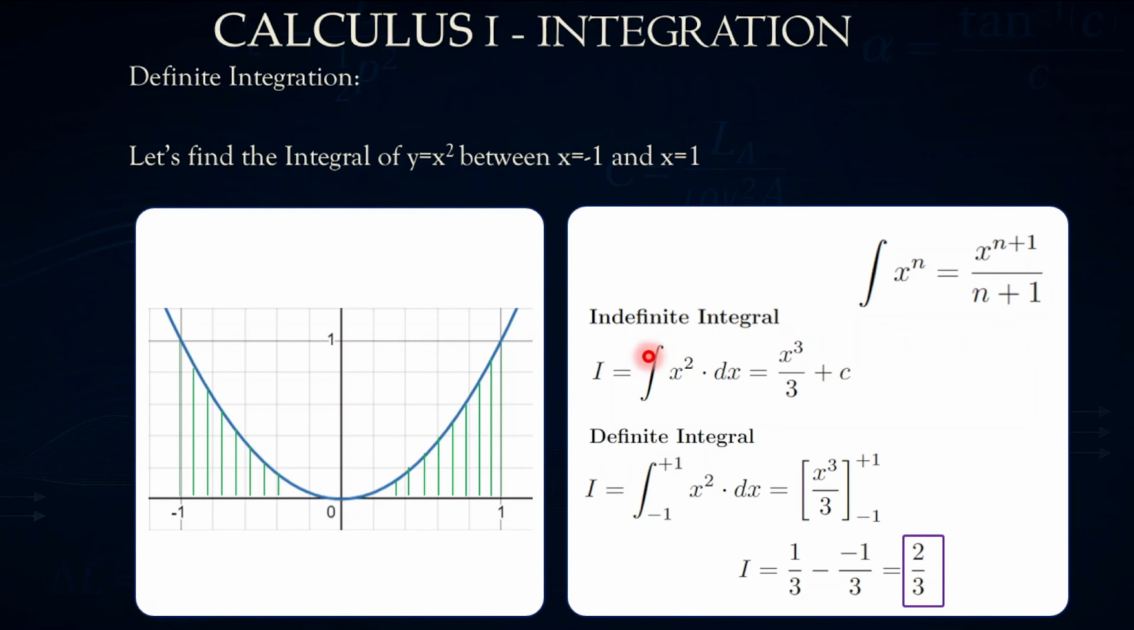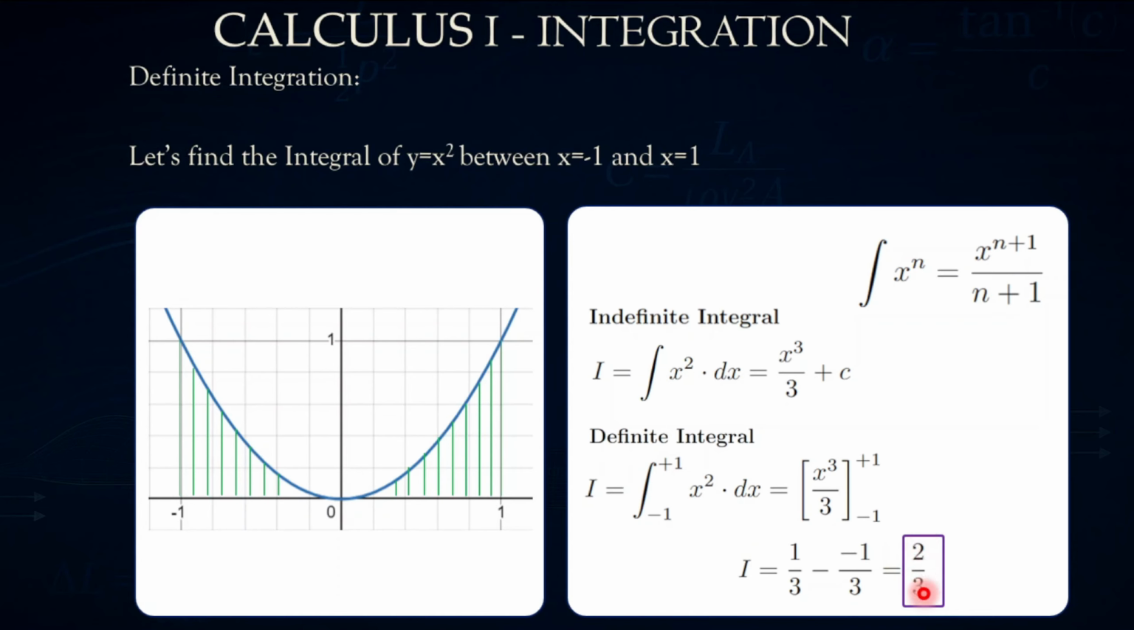So for the indefinite integral, I equals the integral of x² dx, which equals x³ divided by 3 plus a constant. As for the definite integral, I equals the integral between -1 and +1 of x² dx, which equals x³ divided by 3 between +1 and -1, which equals 1/3 plus 1/3, which is 2 divided by 3,